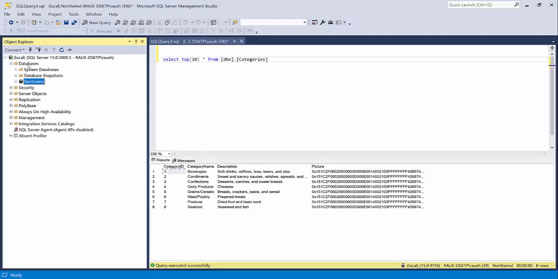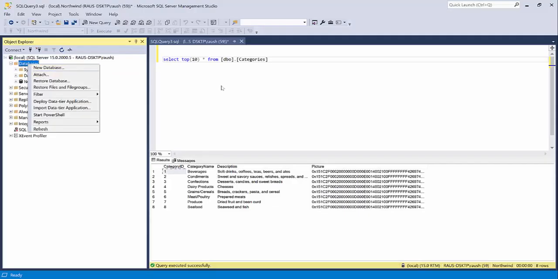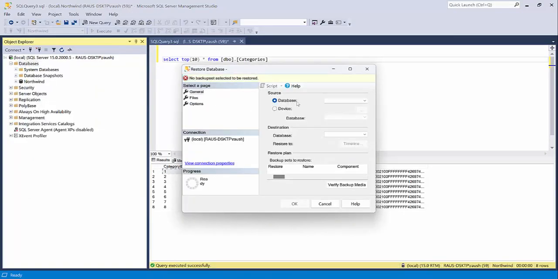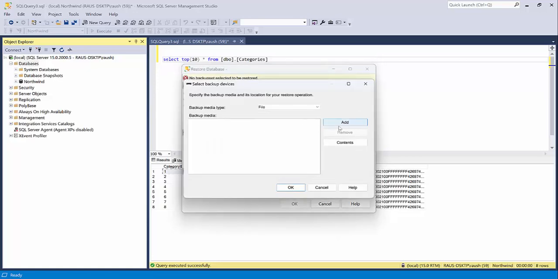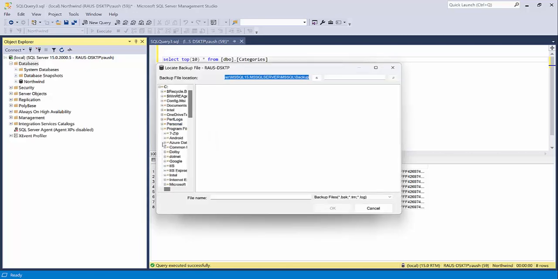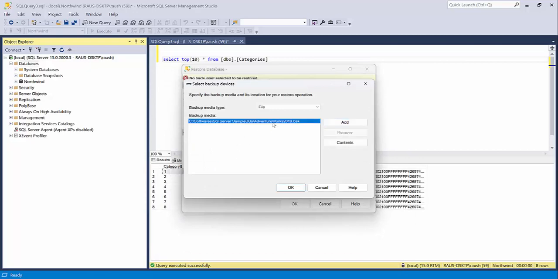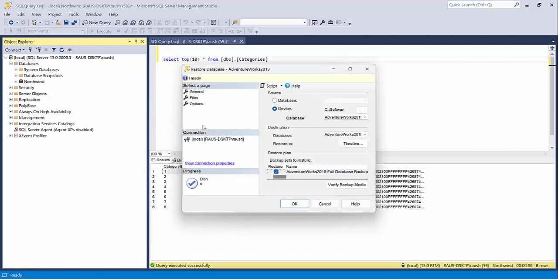So how to restore the downloaded database? Just right click on the database node, Restore Database, and here I am selecting the device because I'm going to take the backup from my local system. Click on Add, and you have to go to that location. So softwares, and here softwares and SQL Server sample database. Here I can see the BAK file. Just select this, okay, and